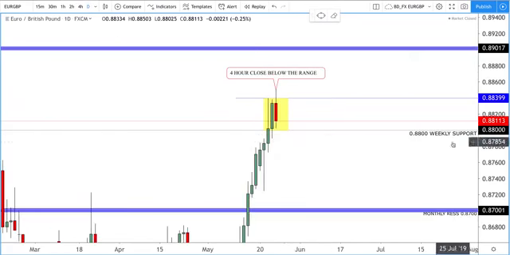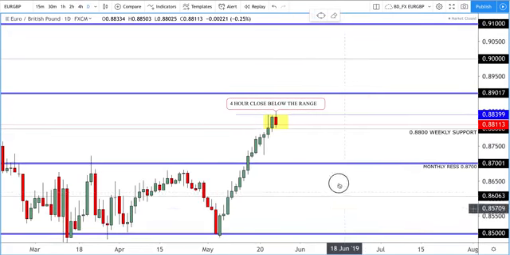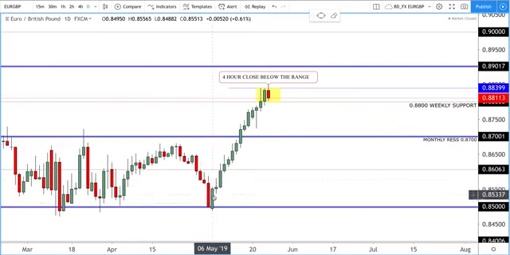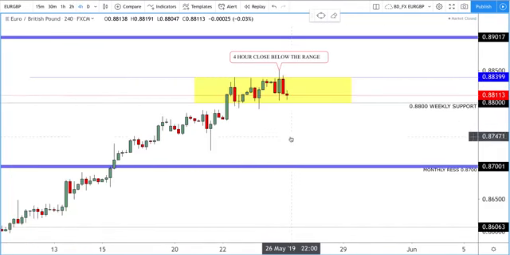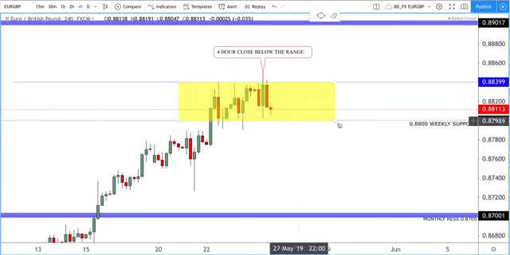If I just go to the daily, the pound has been on a very fast decline here. You see 1, 2, 3, 4, 5, 6, 7, 8, 9, 10, however many days there is, just a really weak pound, and the euro gaining a bit of strength as well. So at the moment on the daily, you can see we've had that sort of bearish day, not too convincing with the previous day. We haven't broken out of this range. So I am keeping an eye on this. I am short on this. I think if we can break this level, then 0.8700 is easily achievable, giving us 130 pips altogether. But keeping an eye on that, and we'll keep you updated as always.